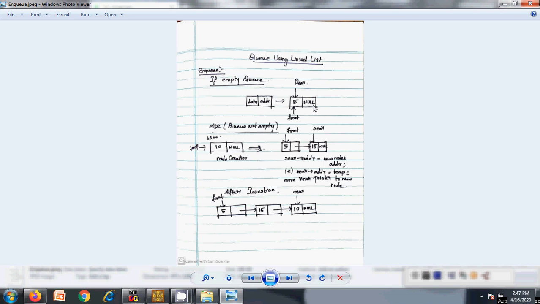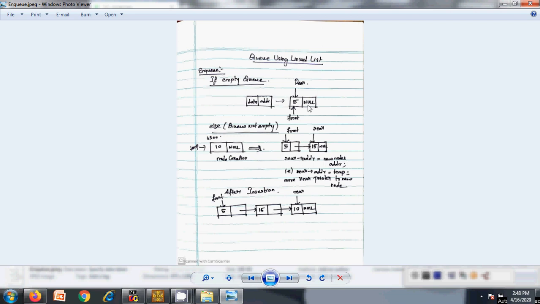Since this is the first element, both pointers, front and rear, point to it, because it is the first element in the queue and also the last element, as there is only one element in the queue. That's why I said that inserting the first element into the queue needs to be taken care of as a specific condition, and deleting the last element in the queue also needs to be taken care of as a specific condition.